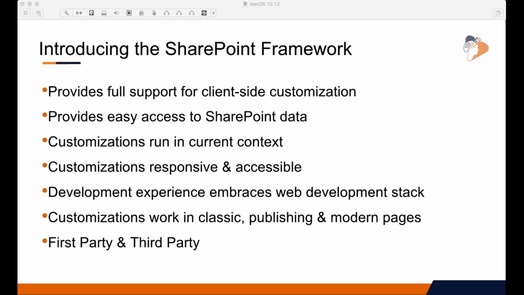The other thing that we have here is that the development experience is going to fully embrace what we call the modern web development stack. Now, we're going to spend more time on that later on in the webinar, but essentially, with traditional SharePoint and .NET development, we're used to using Visual Studio on Windows, and that involves doing a, what is it, a 7,000 gig install of Visual Studio that takes 7 hours to download and another 5 hours to install. I know I'm exaggerating a bit there, but probably not by much, just by like 5%.